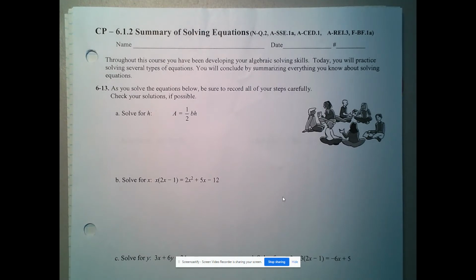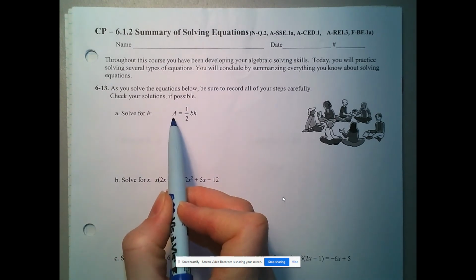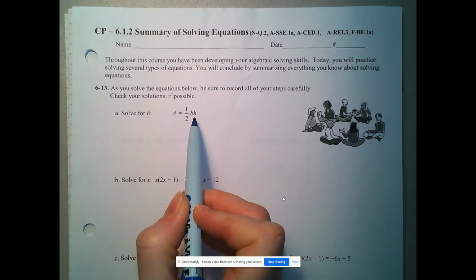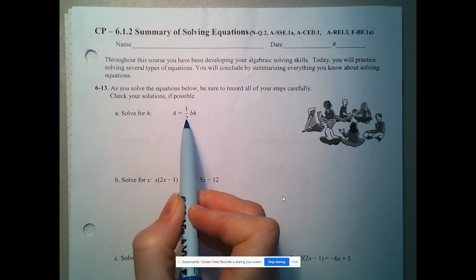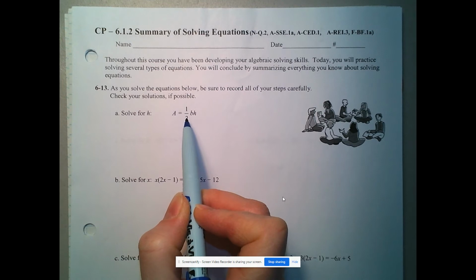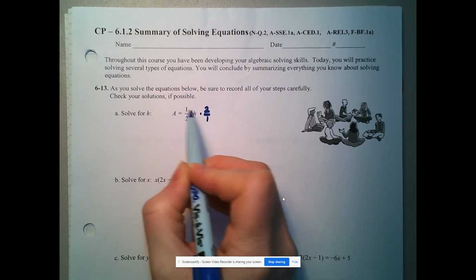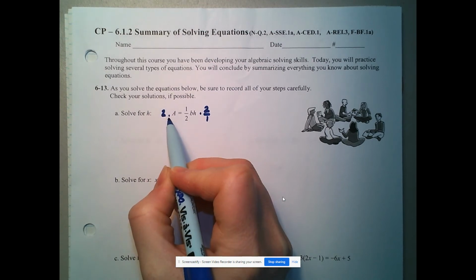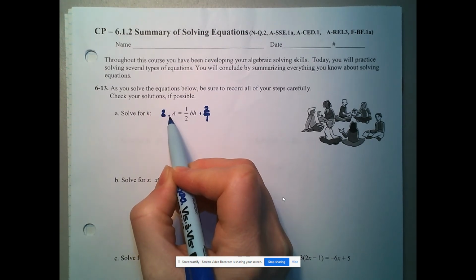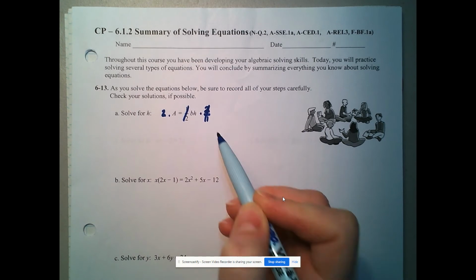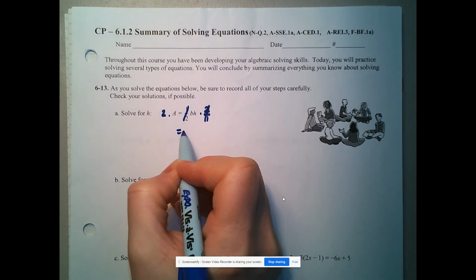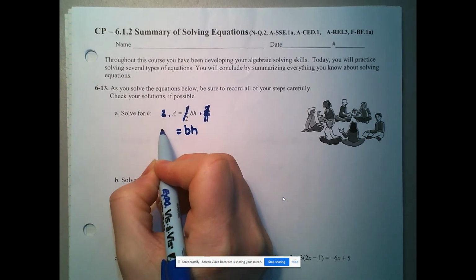So the first one says solve for h, and you have to recognize that that means there's multiple variables in the question. Currently, it is solved for a. Our job is to get h by itself. So in order to do that, I'm first going to get rid of that 1/2 because that's going to be difficult to work with. So the reciprocal of 1/2, I'm going to do times 2 over 1. You'll notice that times 2 over 1 on the left, I just wrote times 2 because it means the same thing. So on the right, I will have the b and the h remaining, but on the left, I'll have